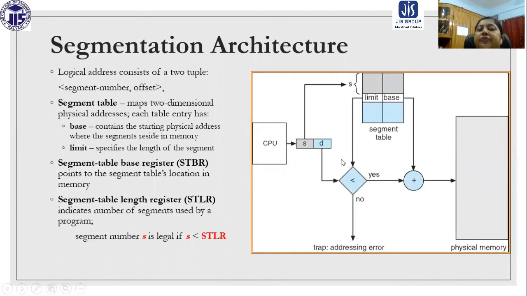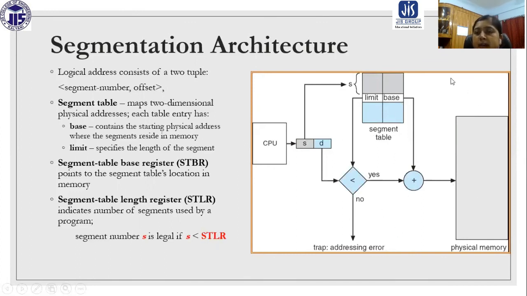So we check the offset. If it is less than the limit, then it is okay. That means it is within the size, and it is added with the base address to give the physical memory address. But if it is not less than the limit and is exceeding the size of the allocated segment, then it is going to give an addressing error.